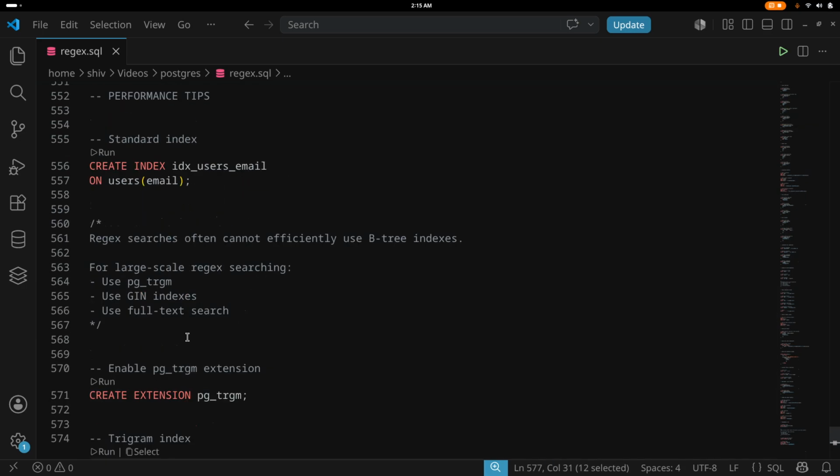So with this, we come to the end of the practical side of regular expressions in PostgreSQL. Tomorrow in the next video, we will start going through the pattern section, which we did two videos ago. So we will resume reading the documentation of pattern. Mostly we have covered everything of that, so we will do a quick read through of that, and then we will move on to functions and operators,